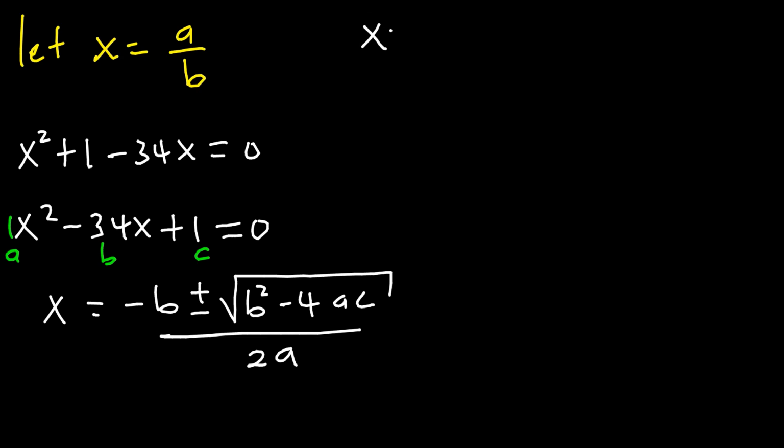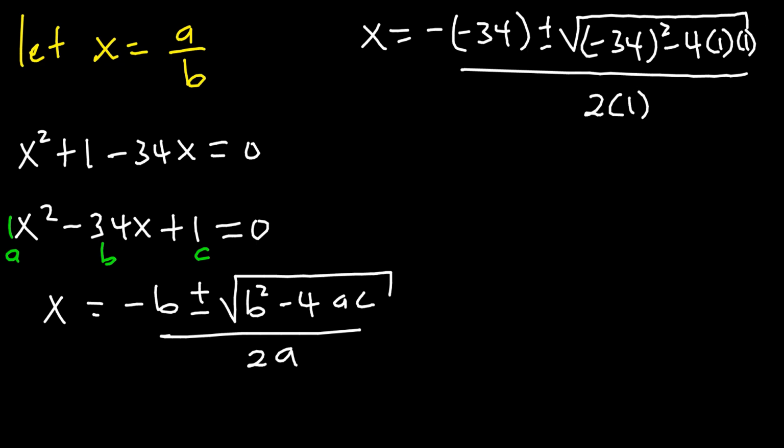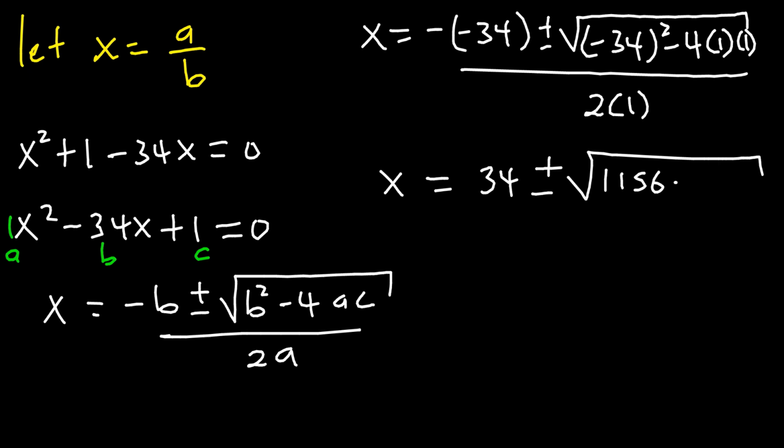Therefore, x will be equal to minus b, which is negative 34, plus or minus the square root of b to the power of 2, which is negative 34 to the power of 2, minus 4 times 1 times 1, divided by 2 times 1. And so x will be equal to, this will be positive 34 plus or minus the square root. Now negative 34 to the power of 2 will be 1156 minus 4